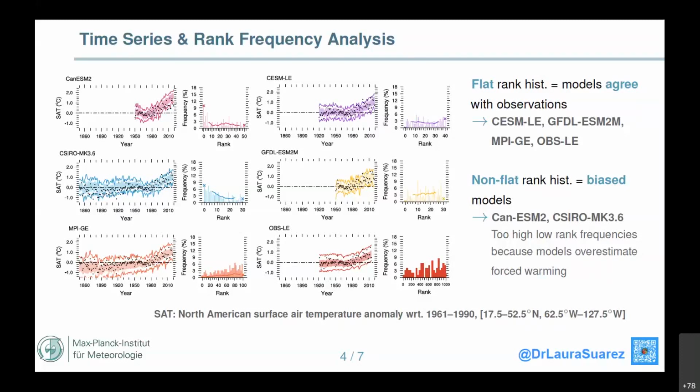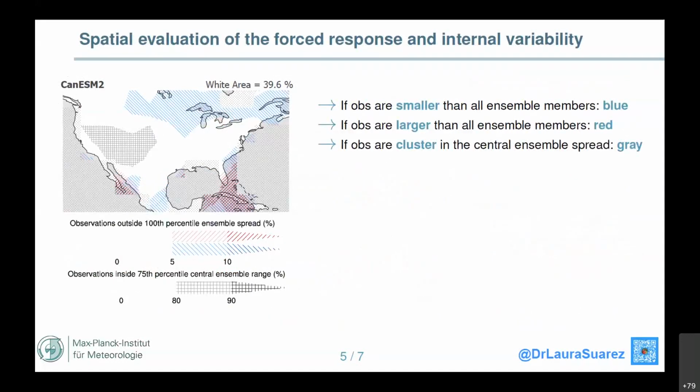So now we can take these concepts of evenly distributed observations across the ensemble spread to refine our analysis even more on the grid cell level. And this is what I will show you next: a spatial evaluation of the concepts that we've just gone over, illustrated by this type of shading. The shadings that you see here highlight different types of biases.